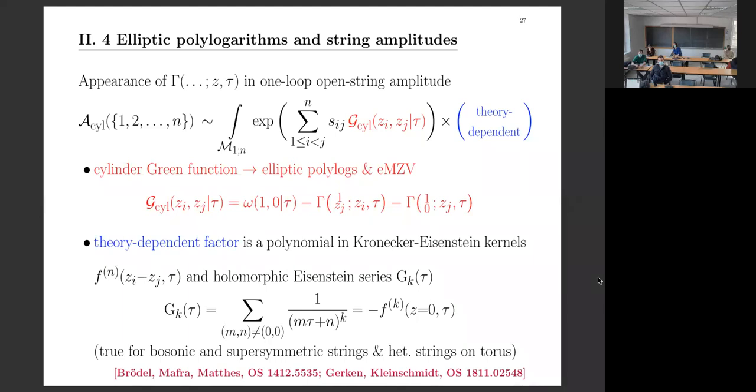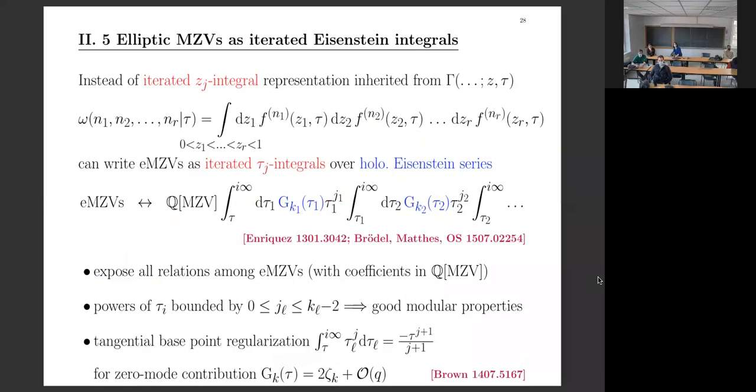Good. But say for the purpose of the Z integrals, you can just pull them out. So it doesn't change the statement that you get elliptic polylogs and elliptic multiple zeta values after integrating over the cylinder punctures. Good. In order to get a little bit closer to a closed string and modular setup, let me mention a